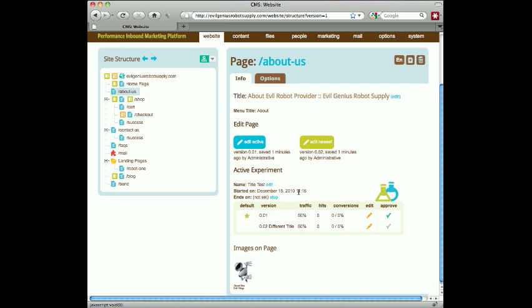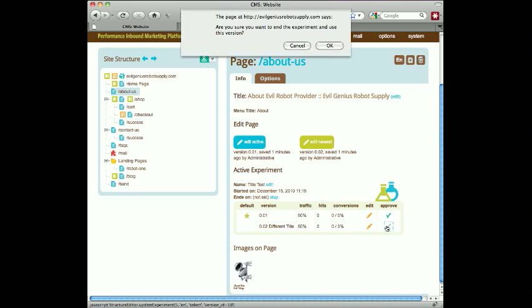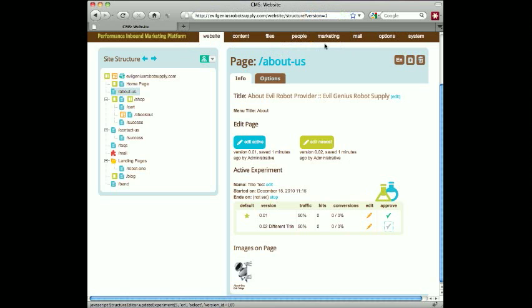The URL will look the same, but we'll be able to see how many people we're actually successfully directing to that shop page from our About Us page. Once you can see the traffic come in, you can decide which one you want to approve. So let's say we run this for a week or so and see that version 0.02 is working a lot better. We can just approve that, click OK, and you'll see the experiment is done running, and this is now